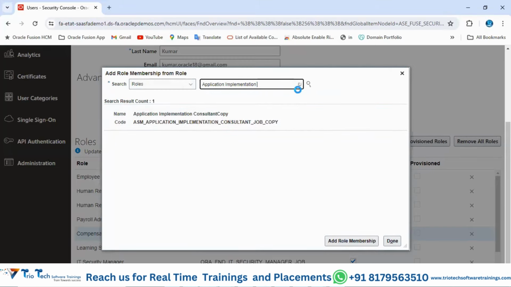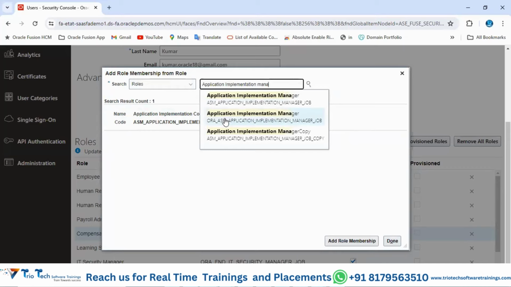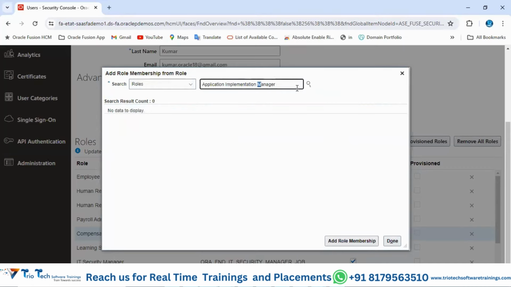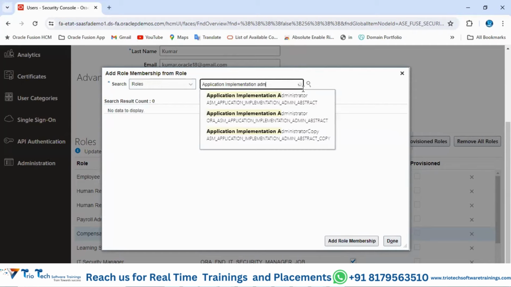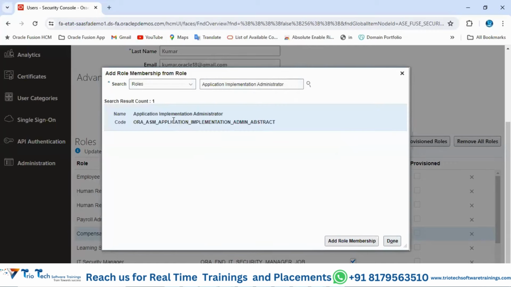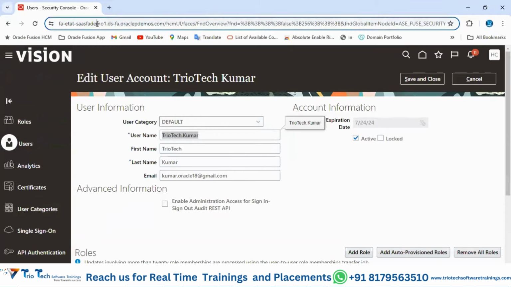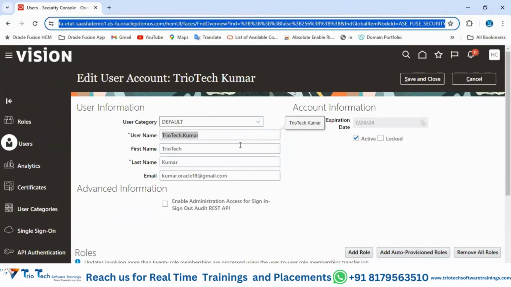Then Application Implementation Manager, that role I am selecting in the team, I can add that. Then Application Implementation Administrator, even that administrator one I'm adding. See, like this team, whatever roles you assign to the user, all the related functionalities the user will be able